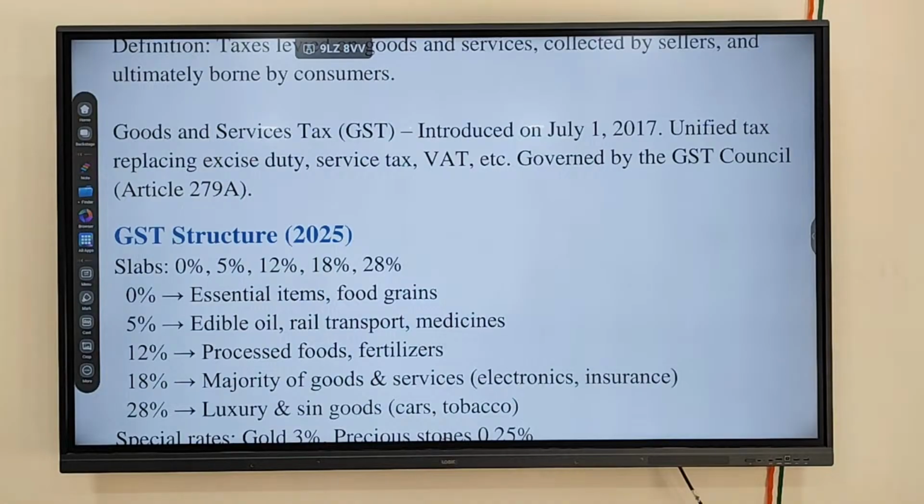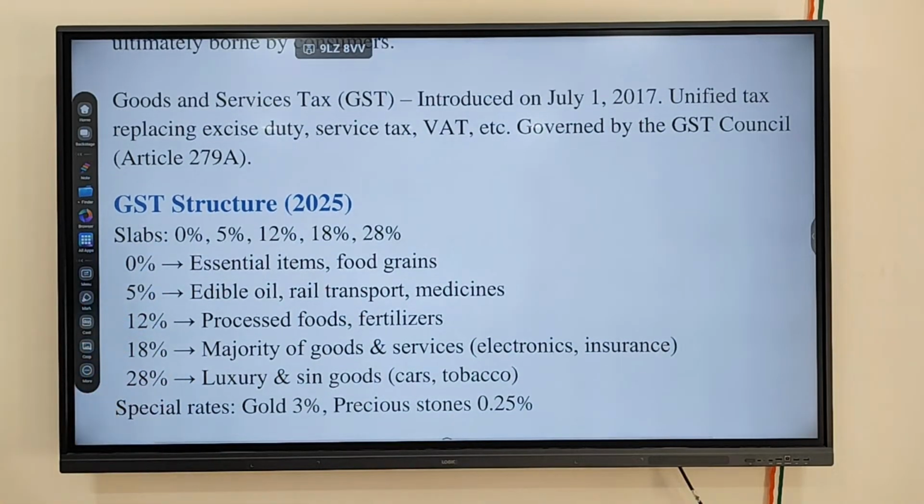This GST Council will conduct meetings, and they are the ones who introduce new items and new commodities, and delete or add commodities and services under the slabs. Under the Constitution, this comes under Article 279A, which is the Constitutional Amendment Act. What is the Constitutional Amendment Bill related to GST? The 101st Constitutional Amendment Act, CAA. Just write that down, which is the Constitutional Amendment Bill.